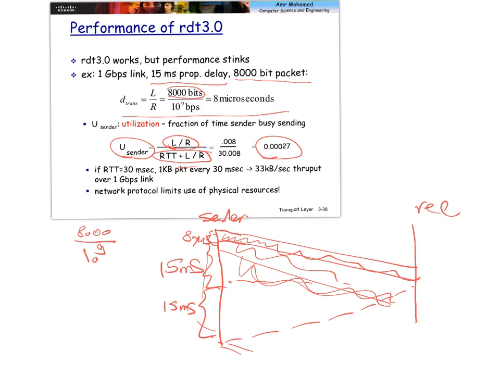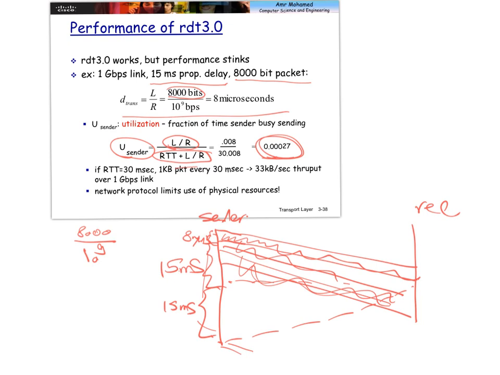So we want to be able to increase this utilization. If I were to have the mechanism of sending, let's say, 3 packets without having to wait for acknowledgement, which cannot work with stop and wait, right? Stop and wait cannot do this. But if I have the mechanism to send 3 packets, then this utilization will be multiplied by 3. I used the channel for 3 consecutive transmissions, okay?